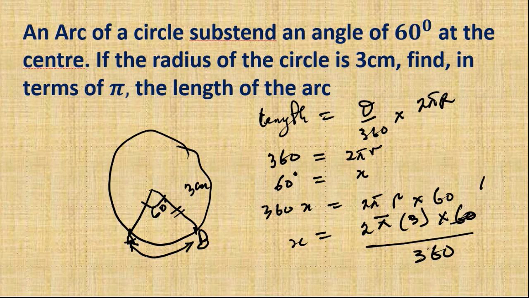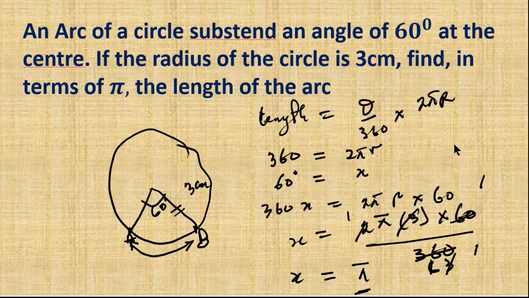60 here is 1, 60 here is 6. 2 here is 1, 2 here is 3. 3 here is 1, 3 here is 1. So my x now obviously is equal to pi. So whether you are using the formula or you are using the idea of proportionality, you